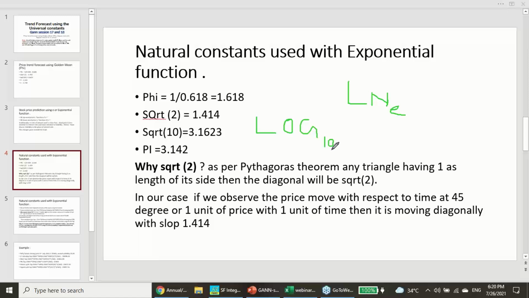Then come to pi. Pi is nothing but 22 by 7, and it is a great innovation of India, a great contribution of Indian mathematicians to the world. This pi has many roles. It can give you the circumference of a circle, 2 pi r. It can give you pi r square, the area covered by a circle. So it doesn't stop here. Pi can give you many things, like solar eclipse calculations and lunar eclipse calculations. Many calculations you do with the help of this pi.